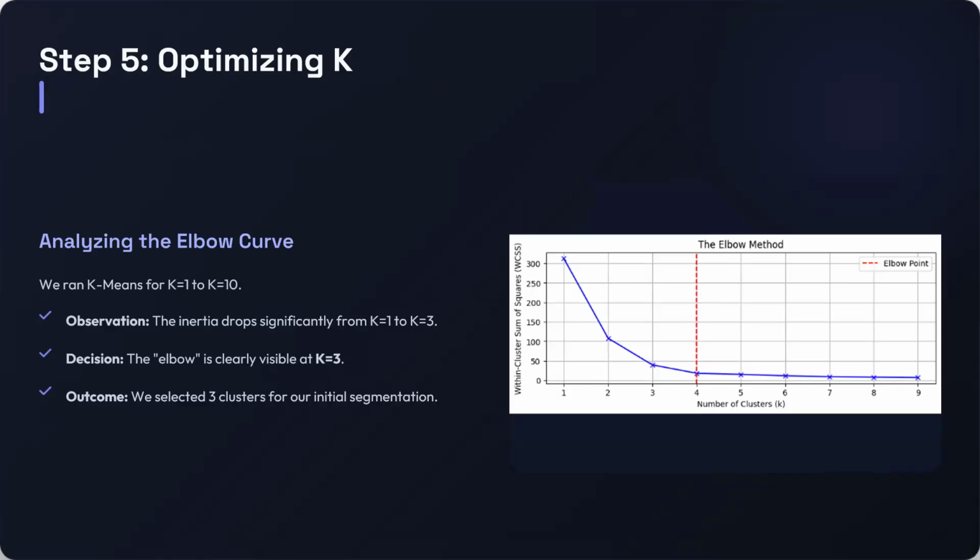Here, for example, the elbow is clearly visible at k equal to 3, because from 3 this line is stable. Observe here, from here to here the line is going down. From the number 3, you can see this is stable here, correct or not? Yes. So you need to consider the number of clusters as 3 here.